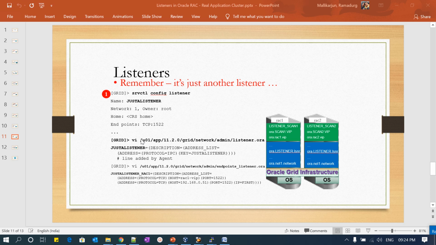The default listener location should be your grid Oracle home, network admin, and then the listener.ora. Similarly for the Oracle home, it will be the default Oracle home, network admin, and then the listener.ora. These are the default locations for your grid listener and then the Oracle home listeners.